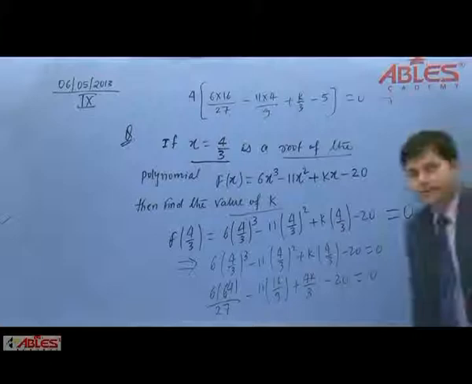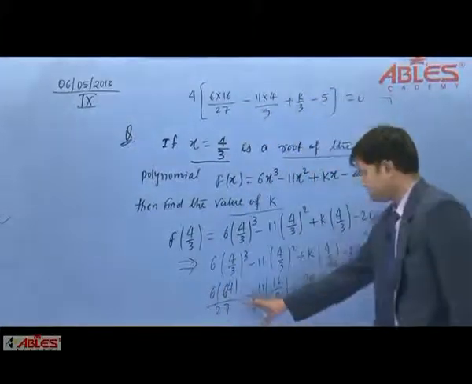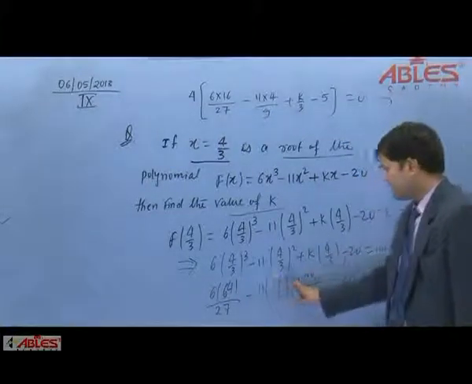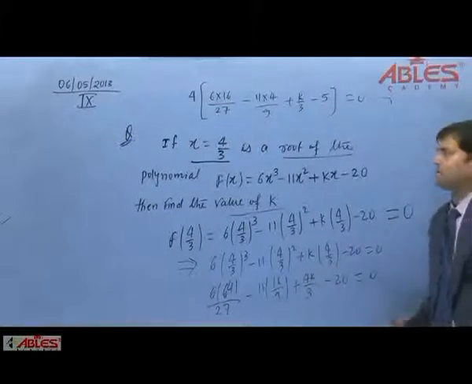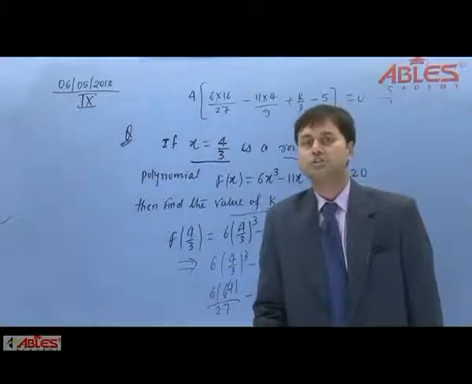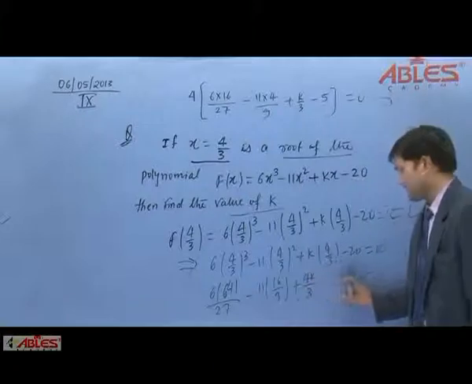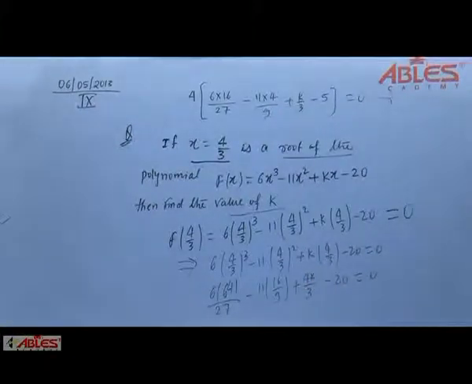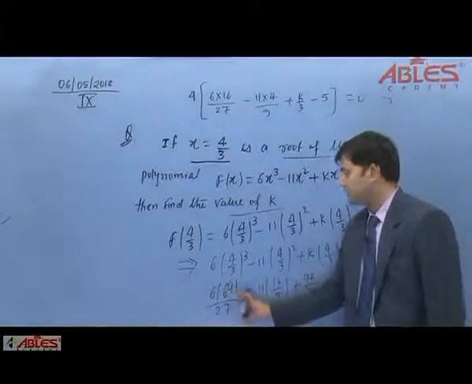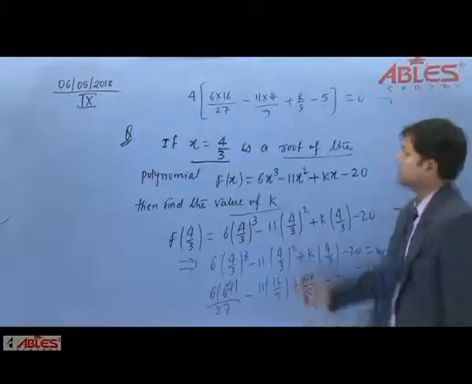Okay students, are you getting these things? How we are taking this 4 common? Is it clear to all of you? For this simplification, at first we have to check whether we have any common terms or not. It makes your calculation simple. The first thing is that from the numerator part we have considered 4 as common. This is 16 into 4. Taking this 4 common, you will get only 16 here. That's what we are writing here, 6 into 16 upon 27.